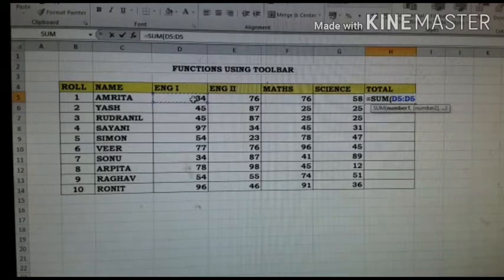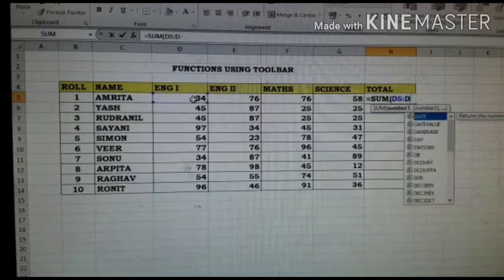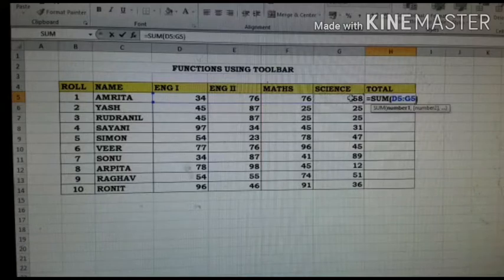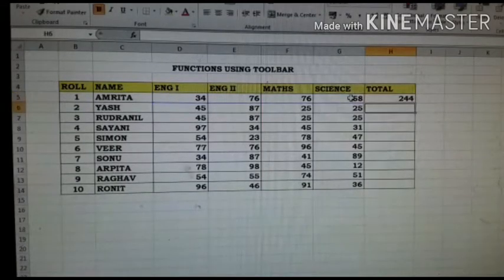So D5 to, sorry, D5 to G5, that means I am selecting the full range of cells. D5:G5. I am closing the bracket and pressing enter.